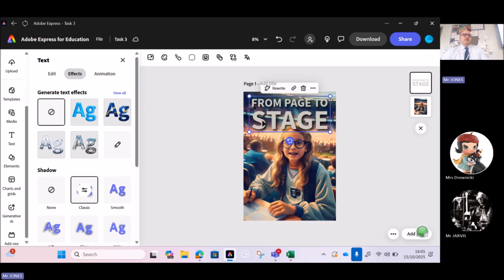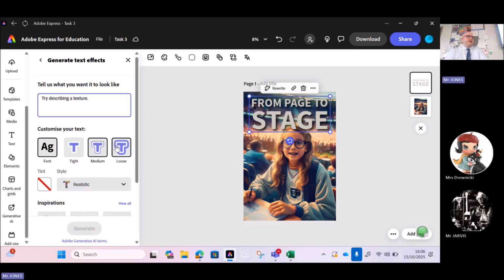Now, the other thing that's really cool with this is actually, I think that colour's a bit boring. You know, actually what I want it to be, because we're talking about being all mathsy, I want it to be like some squared math paper or some maths notes in the background instead of it being a colour. So when you look in effects here, you can see generate text effects. And I can click on the little pen and I can describe what I actually want the effect inside to be. So I said maths